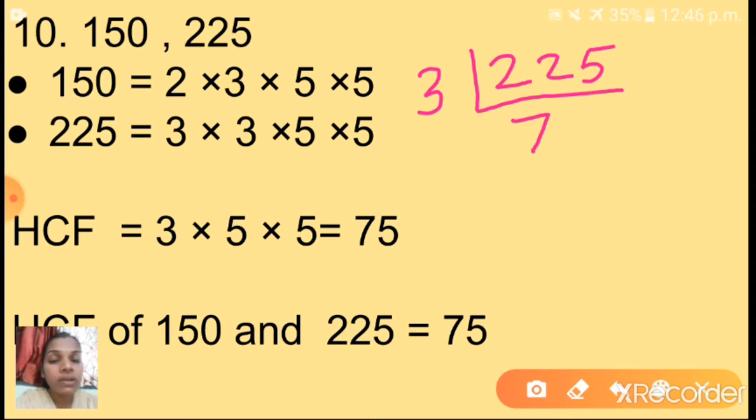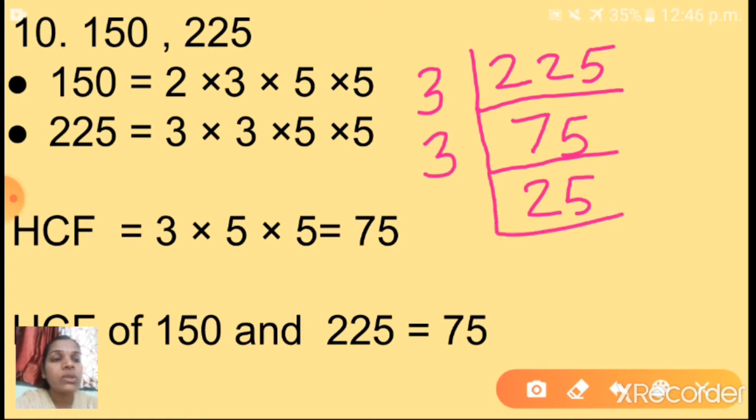Okay. So how many 3's are there in 15? Very good. 5 3's are there. Isn't it, child? 75. 75, already I told, 75 will come in 3's table. Yes, 3. How many 3's are there in 7? 2 3's are there. Remainder is 1. That 1 will go here. So it will become 15. So 3. How many 3's are 15? 5 3's are 15. So again you know this 25 will come in which prime number's table?